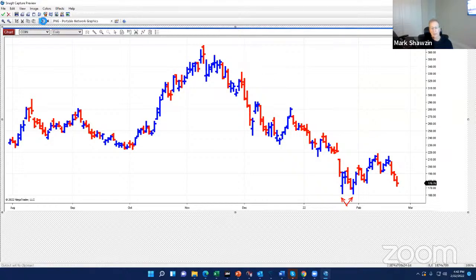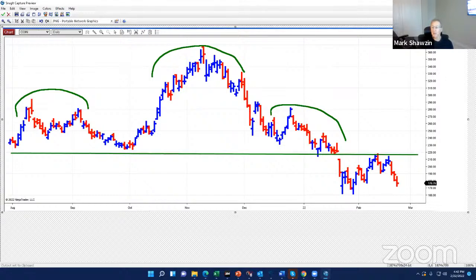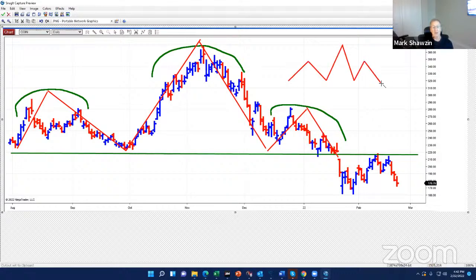And so what I look for is what I call the governing or dictating pattern. And to me, the governing pattern is this very large head and shoulders price pattern. And you can see we cut through the neckline, and the head and shoulders is just what it sounds like, where it looks like a man or woman's shoulder, the peak is the head, and this is the right. So now you have a perfectly drawn head and shoulders. Now, head and shoulders is a bear price pattern.